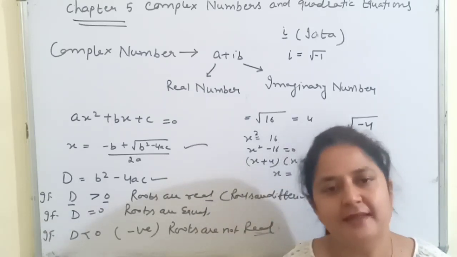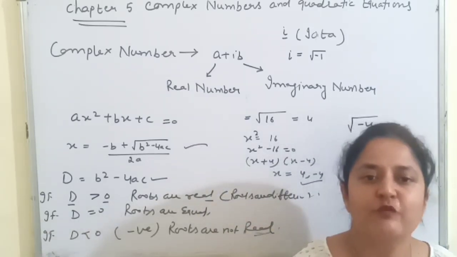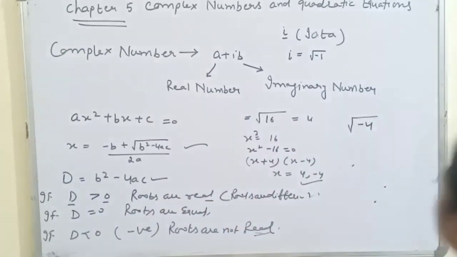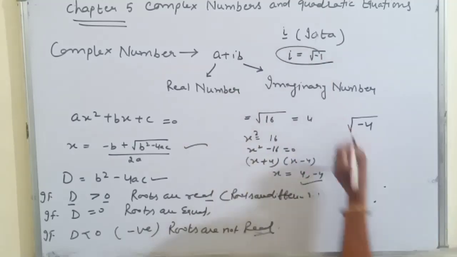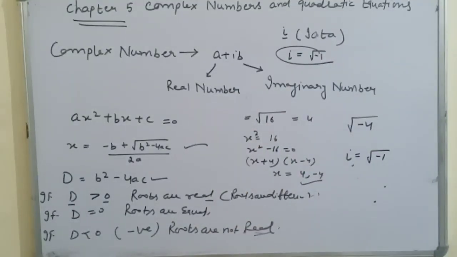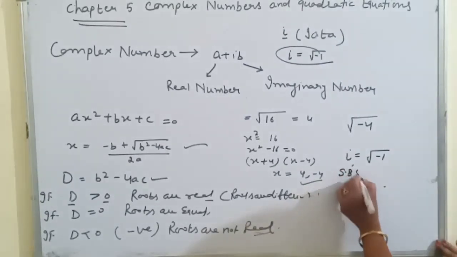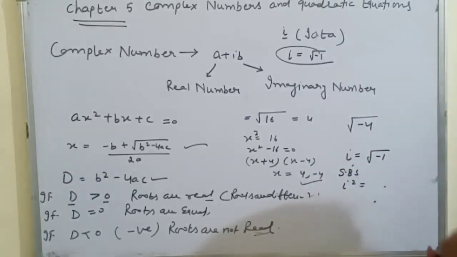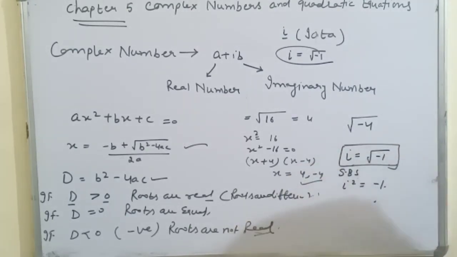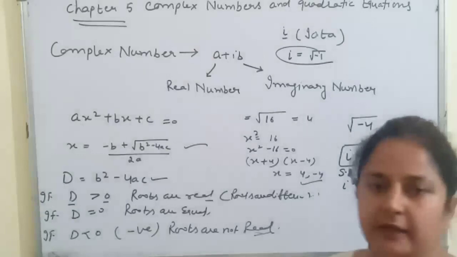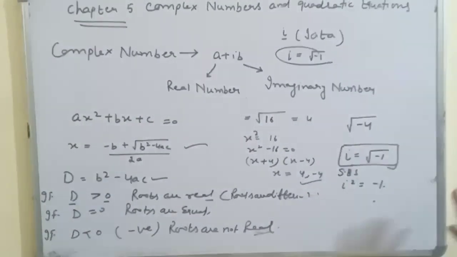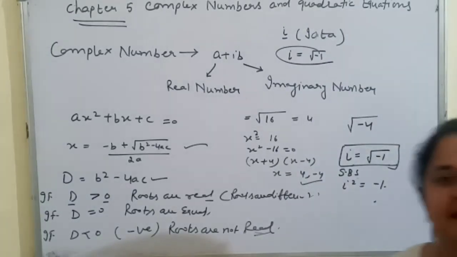So what is the imaginary number? In imaginary numbers we find the square root of negative integers. So you have to remember it. The value of iota is root minus 1. So by squaring both sides, what is iota square? This is minus 1. So we can use iota is equal to root minus 1, or iota square is equal to minus 1. By using this we can solve the exercise first.